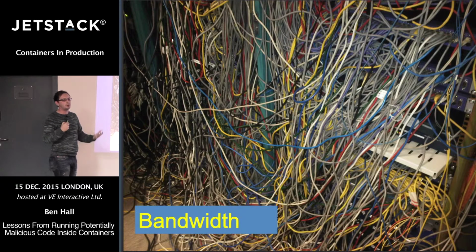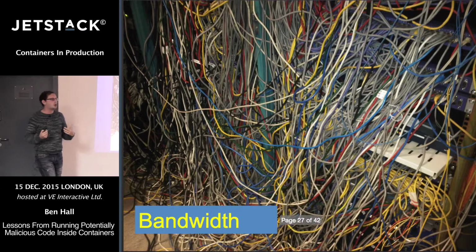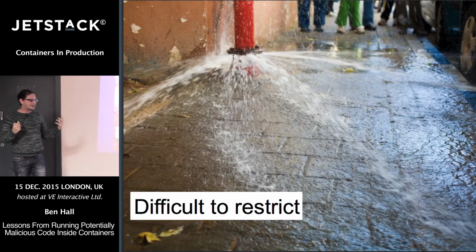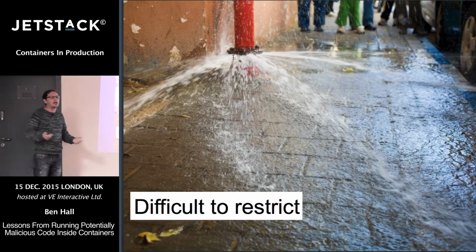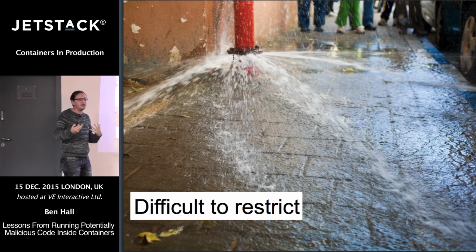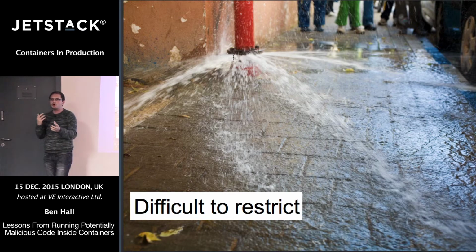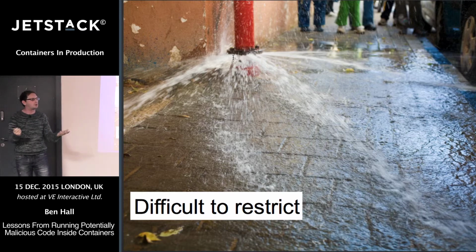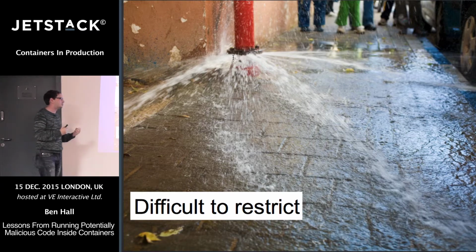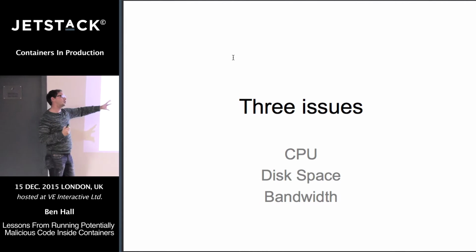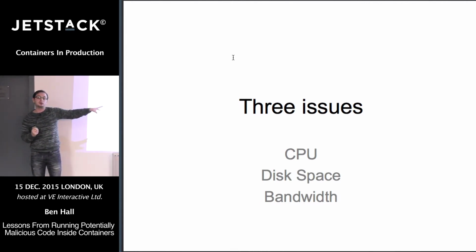And then finally, bandwidth. Bandwidth, again, is a problem to restrict. Basically, there's not much. Docker says how much bandwidth the container is using. You can set some weights, and so you can use traffic shaping to slow down certain traffic. But if they still want to get access, they will still use bandwidth. So again, not something ideal. And these are the three issues which we really faced when we were getting started, and some of the core issues which we had to resolve.